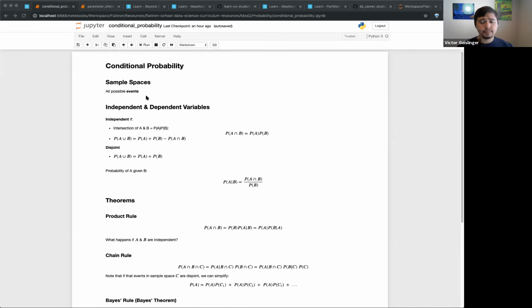But anyway, the first thing we need to talk about for probability is conditional probability. Conditional probability, basically, you can think of it as putting a condition. So we've seen probability like flipping a coin, heads or tails. You can describe anything in probability by measuring a bunch of things. We talked about sample spaces before, but as a reminder, our sample space is basically all the different kinds of events.